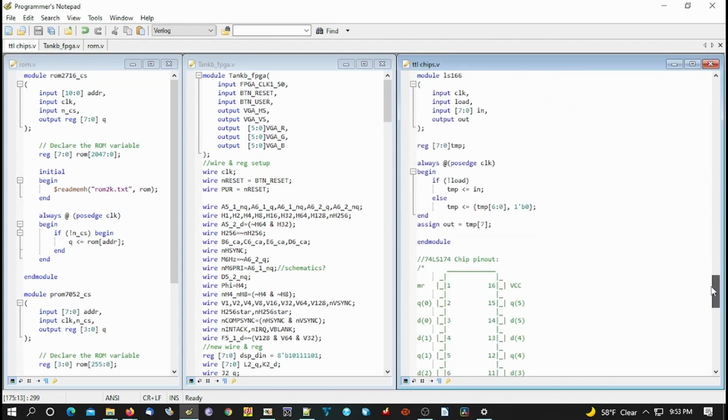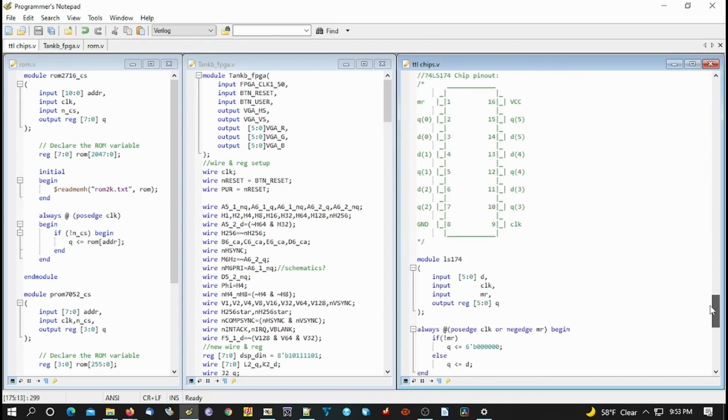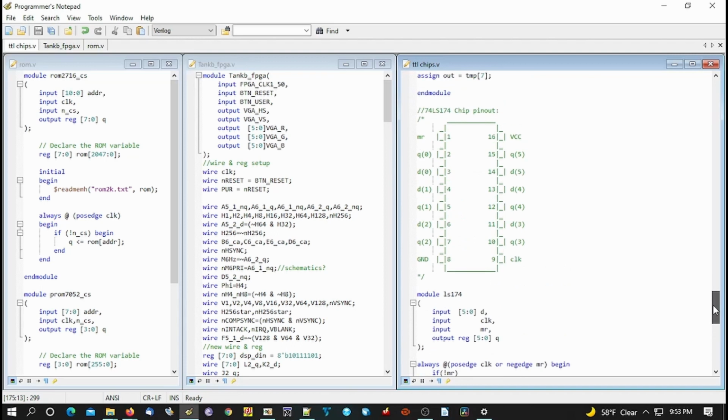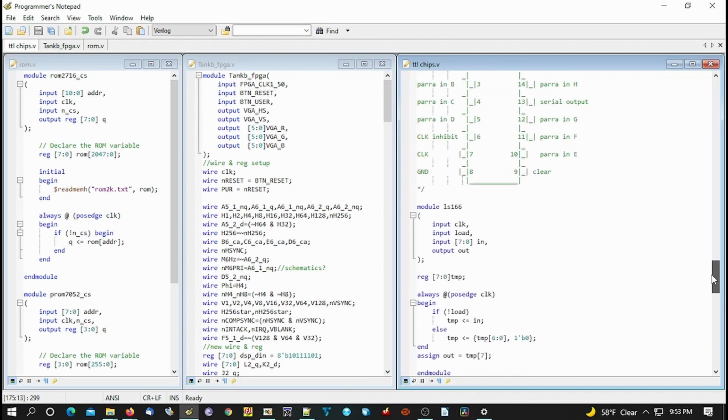If we skip down to the 74LS174, that is the hex version of the octal one we've looked at. So hex, there's 6 of them. Hence the inputs and outputs are 6 bits wide, not 8 bits wide. So exactly the same here, just it's 6 bits wide. Then we go back up to the